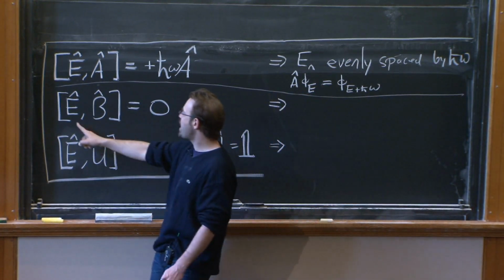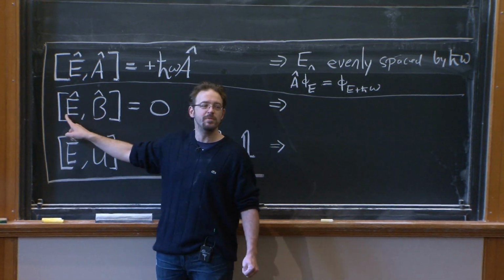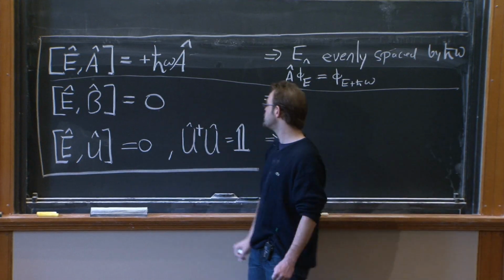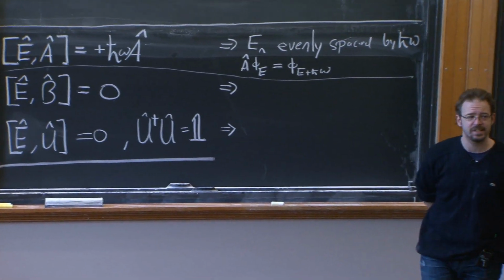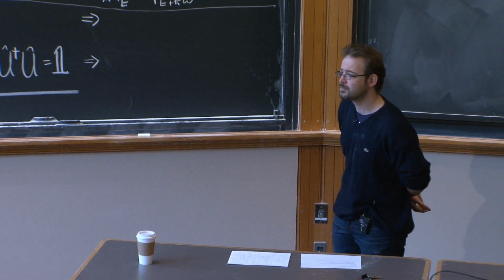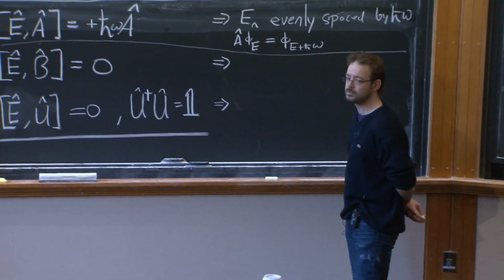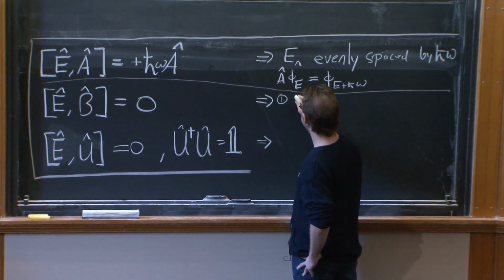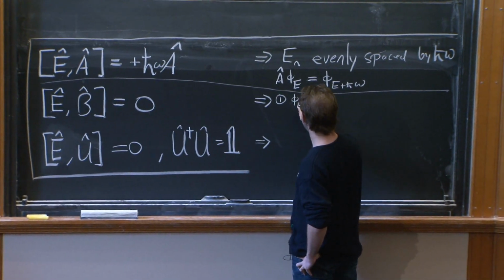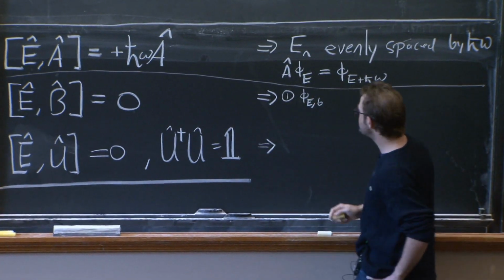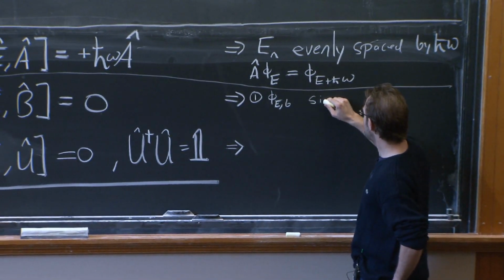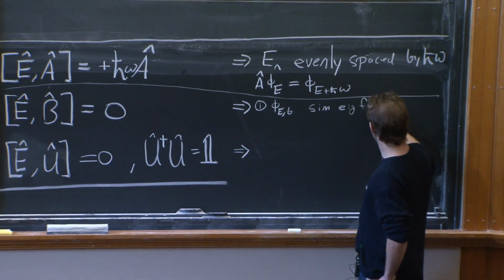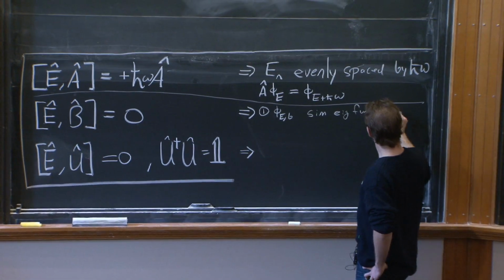Second statement. Suppose I have an operator B which commutes with the energy operator. Okay? So that the commutator vanishes. What does that tell you about the system? Excellent. So one consequence is that there exist simultaneous eigenfunctions, phi sub E comma B, which are simultaneous eigenfunctions of both E and B. What else does it tell you?